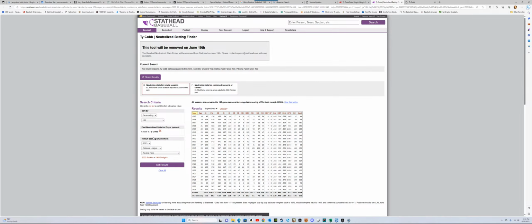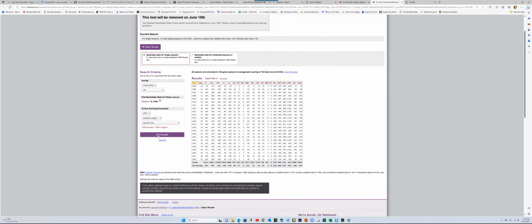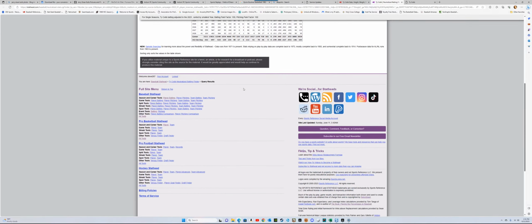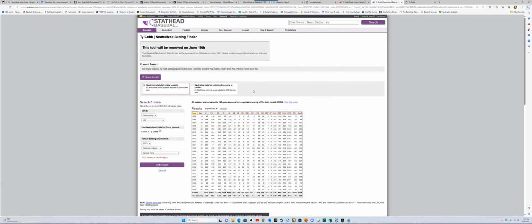I've been using this for a lot of my projects, to come over here and just run the neutralized numbers. And that will suck if they get rid of that, because really I'm not as interested in finding cool box scores or researching streaks and all that stuff. This is really what I use it for: neutralizing stats and being able to get that line and then pulling it into